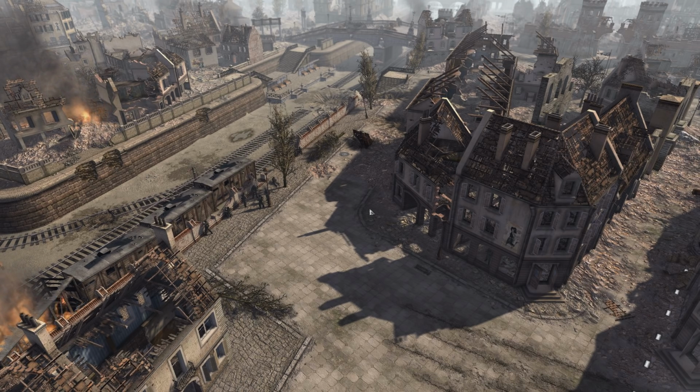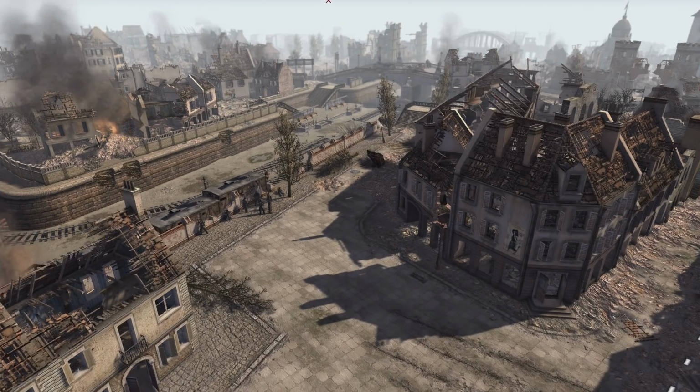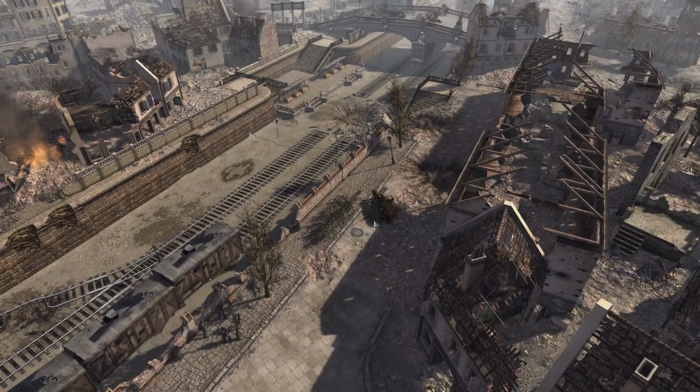2, as I said, I can change the environment around. I can change the time of day. 3, it has a great impact on performance. I mean, I'm running this map right now at 20 frames per second. It's going to get lower and slower as the battle starts.